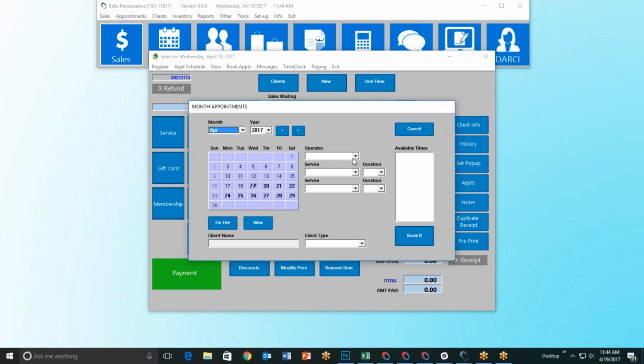Now, the next thing I'm going to do is choose one of my employees, like Ashley. Notice when I chose Ashley that Wednesdays and Thursdays just grayed out. Sundays were already grayed out because the business was closed on Sundays. But Wednesdays and Thursdays have just grayed out as well, leaving me only the days that Ashley can have an